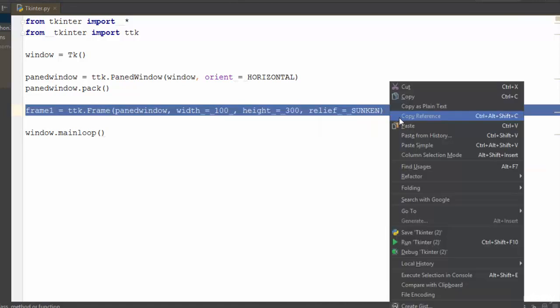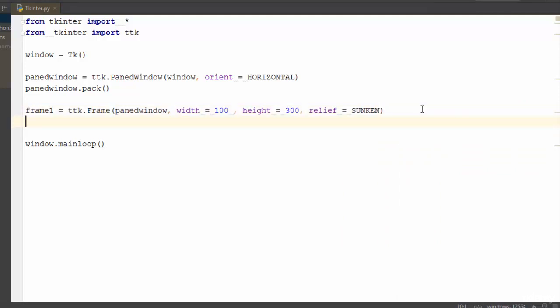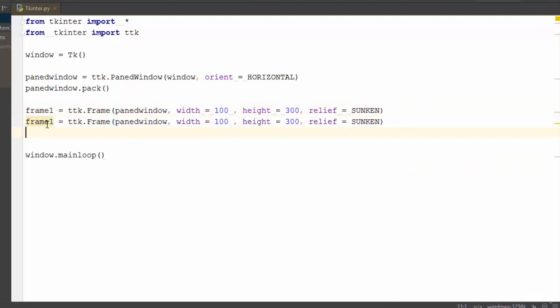And I create frame2. Take this, copy and paste here, change the name, and change the width, for example 400, and height 400, and relief sunken. And I add this frame inside the paned window: pane.add(frame1)